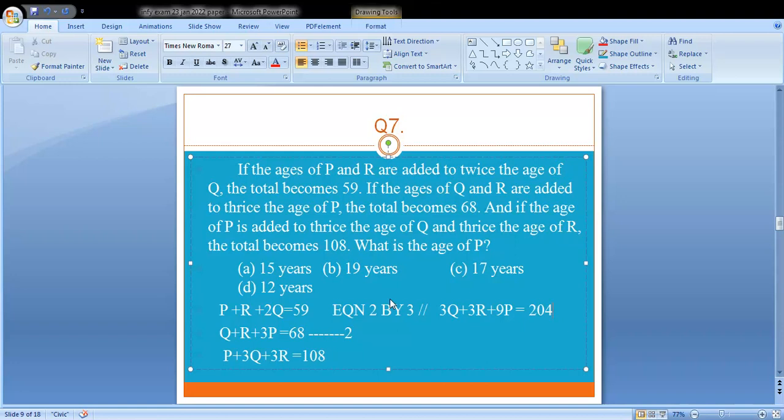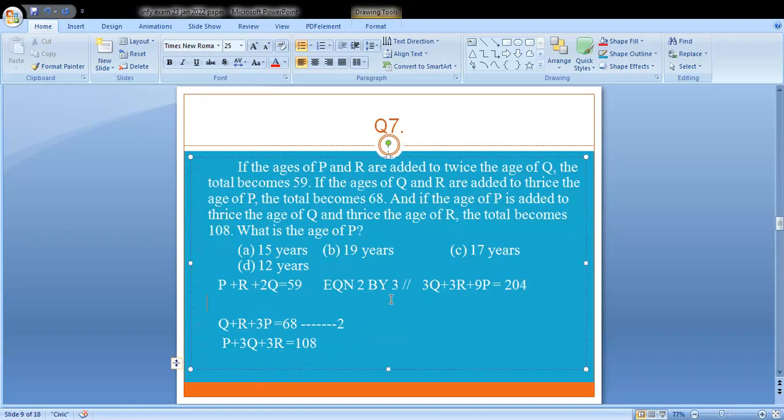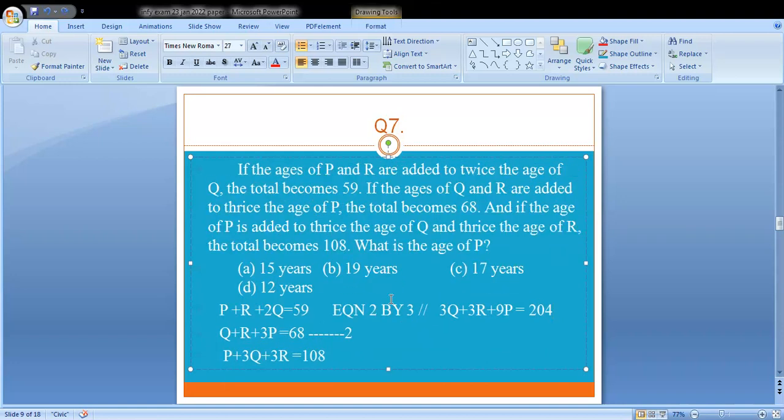If it is a fourth equation, then what happens? Subtract the third equation from the fourth equation. So 3Q and 3R will go, 9P minus P. If you take it as the fourth equation,